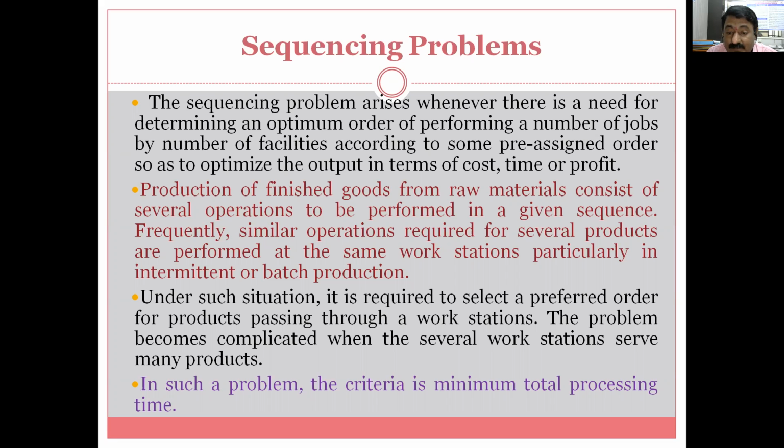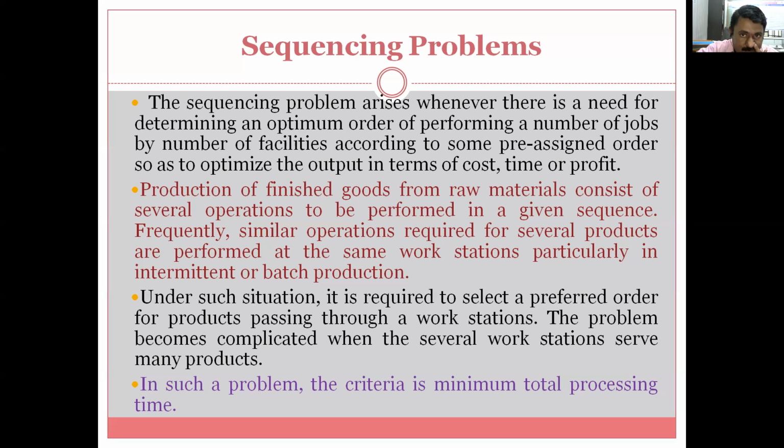If you go for all these operations on one lathe machine, some problem may be there, because of changing all these things. So the problem becomes complicated when several workstations serve many products. So you have to go for several workstations, and again, there are many products. Now I have given you only one example for any one of the jobs. Like this, again 7-10 different categories of jobs are there. So many jobs, many workstations, and one workstation performing many operations. So the problem becomes more and more complicated.